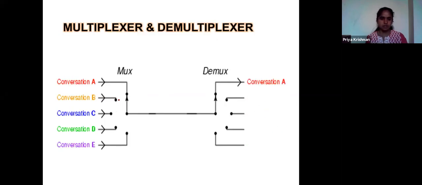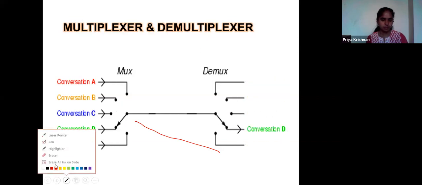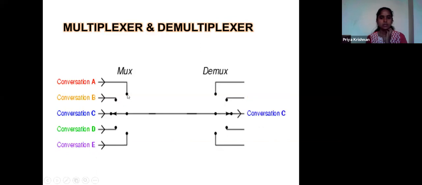So next comes the mux and then the demux, that is the multiplexer and then the demultiplexer. This is the mux, and this is the demux.